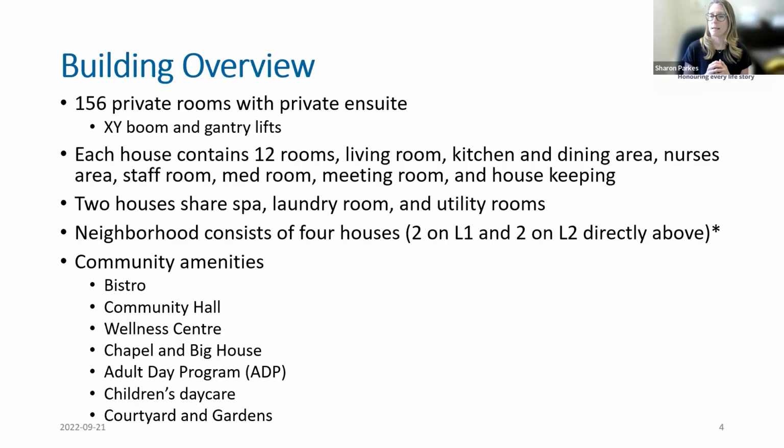So any of the basic laundry would be done up in the household. Any, I would say, larger items like bed linen would go downstairs to our in-house laundry. And then obviously we need places for storage, so there'll be some utility rooms. The other things that we're very excited to bring to this new build, I'm just going to move on to